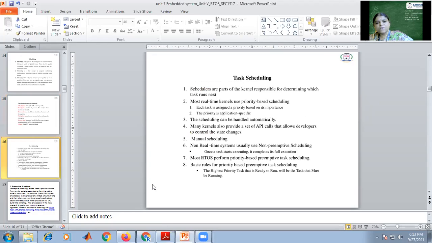Each task will be assigned some priority level based on its importance. Sometimes the priority is also said to be application specific. The scheduling will be done automatically, though sometimes manual scheduling also will be done. Most of the RTOS, real-time operating systems, make use of priority-based preemptive scheduling. It means a higher priority task that is ready to run will always be given priority for using